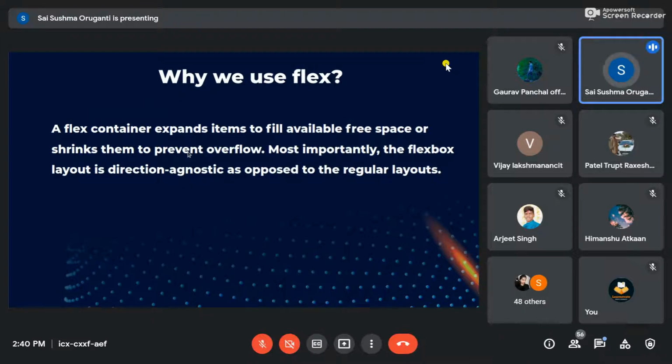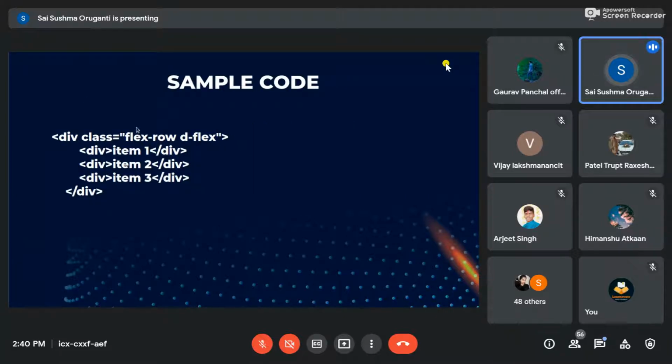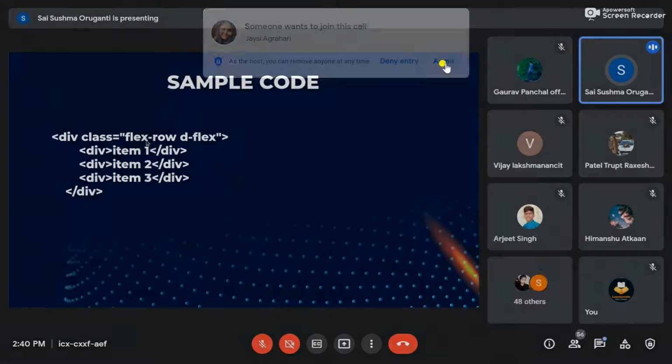Why do we use Flex? We use Flex to display images or content in a responsive fashion, but more than Grid, we use Flex because it has default Bootstrap classes. See, this is the Bootstrap class. Flex row is nothing but one default Bootstrap class.